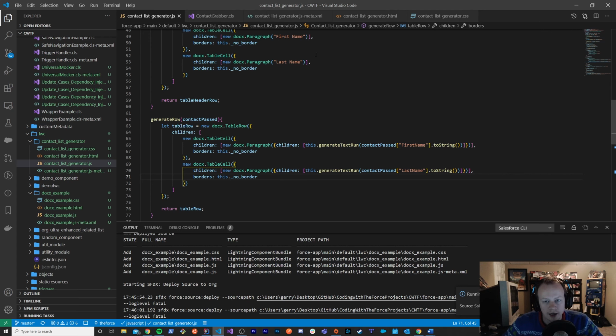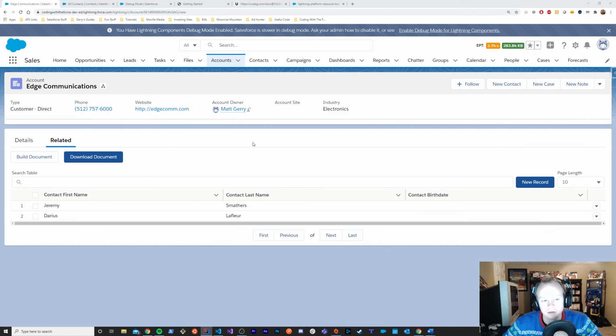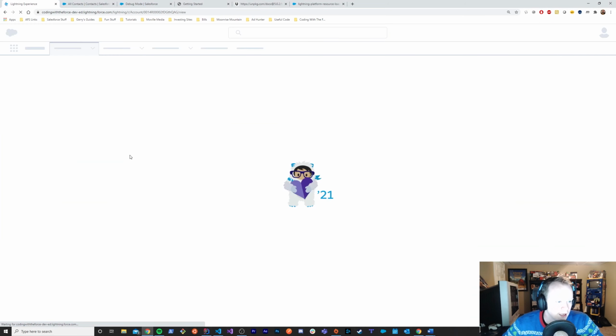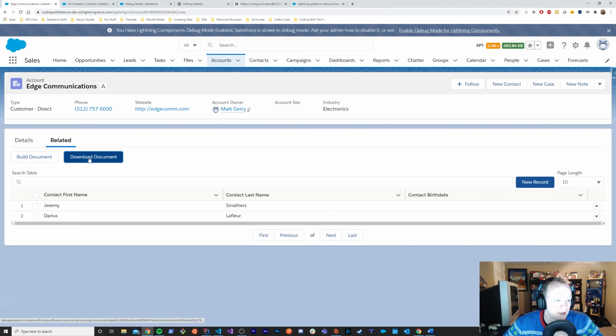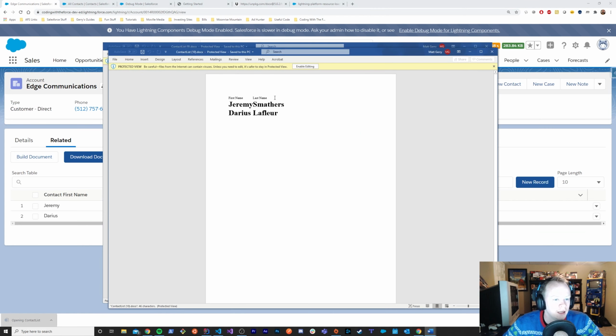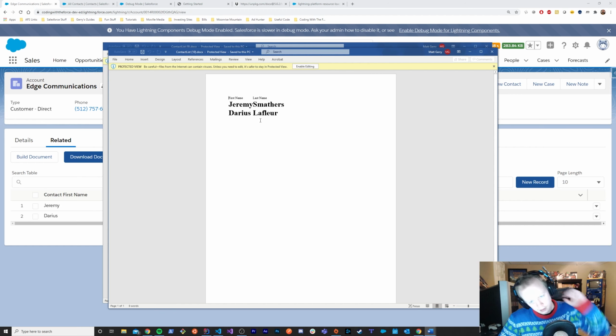And after this saves, we'll go back, generate the document again. We'll reload the page first, generate the document again, and check it out. Another thing, while this saves, you know what, we'll do it after this. So let's build our document, download the document, and this time you can see it came in with no borders. So, you'd want to do something to kind of space these table cells out a bit, which there are definitely options to do that,